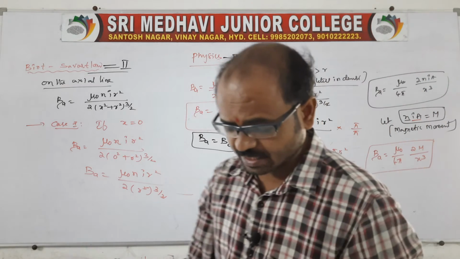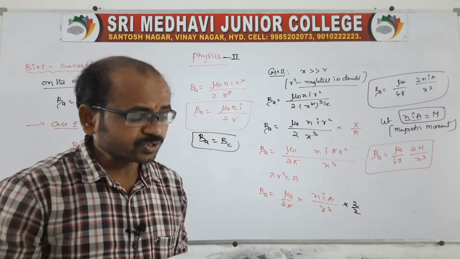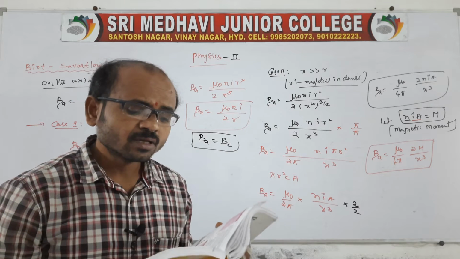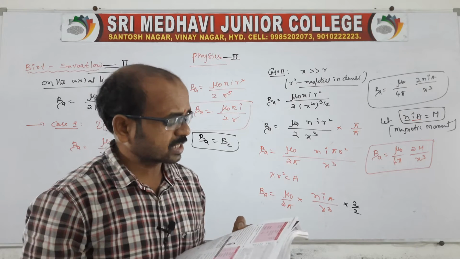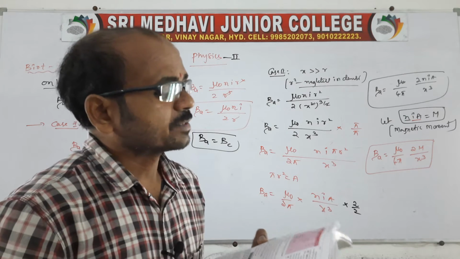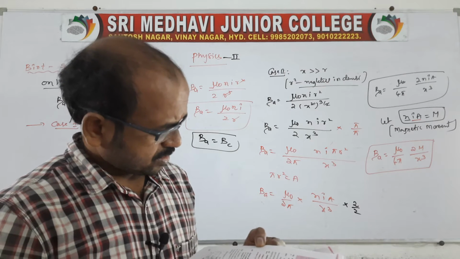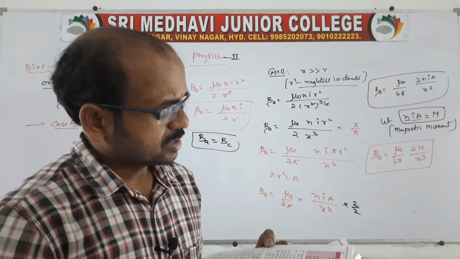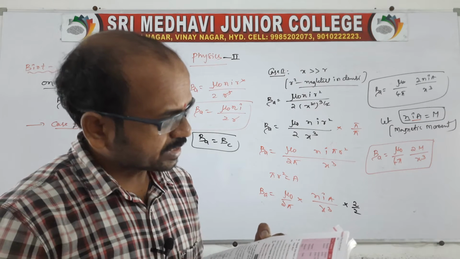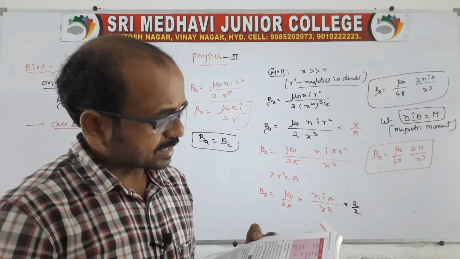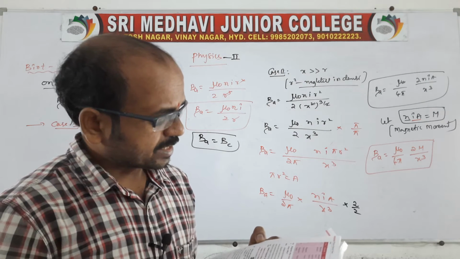I will show you this derivation, so everyone open the materials. In magnetism this question was given, on page number 238, in the magnetism chapter, that is the 8th chapter. Derive an expression for the axial field of a solenoid of radius small r containing n turns per unit length and carrying a current of I.